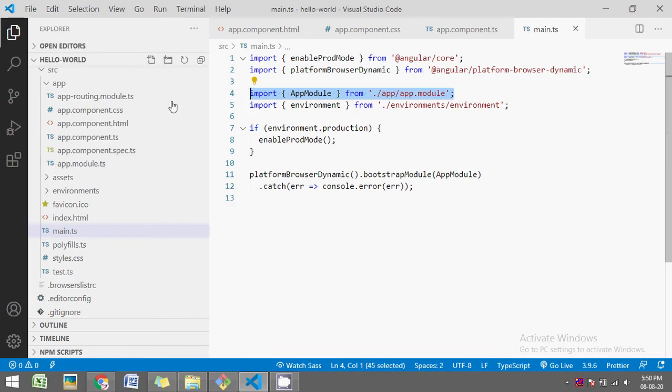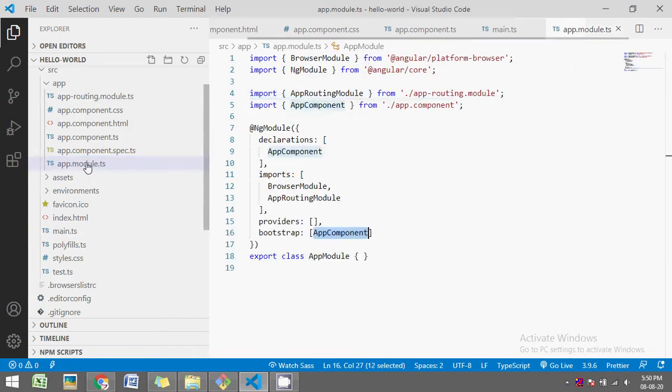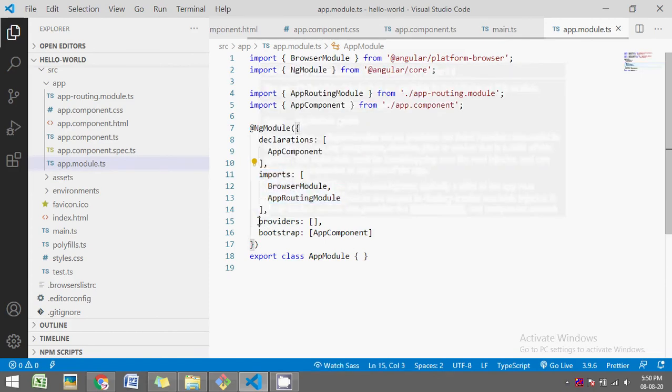So here is the import statement. Let's go to this location. The first thing here is declarations. Any time we create a component, we declare it here in declarations. Next is the imports list, which tells our application that we have imported some modules. Providers is where we define injectable services. We will understand this later.